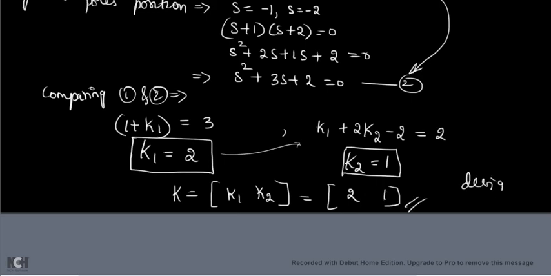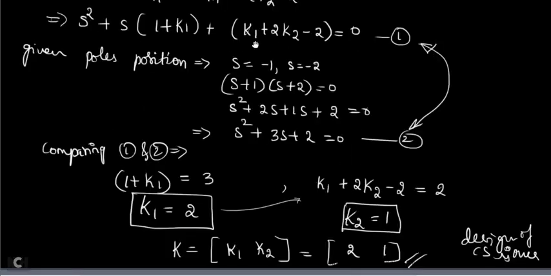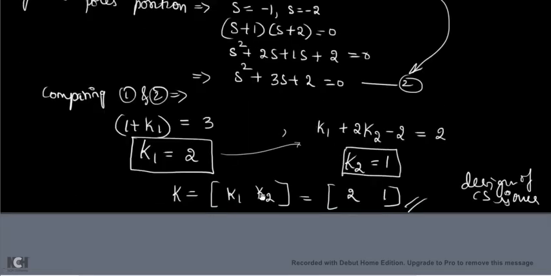Designing is over. Designing of the control system is over. Only if you find the capital K value matrix, then the designing is over. How are we telling that the designing is over? After finding this K value for whatever pole locations you want, or whatever pole locations they have given in the problem, because of these pole locations only, we got these answers for K1 and K2.